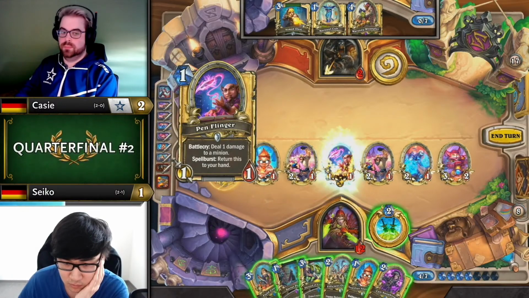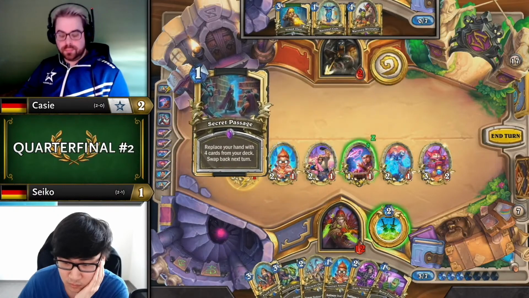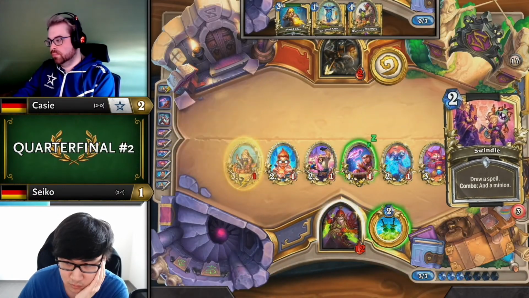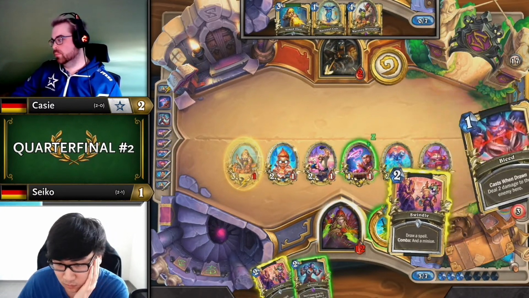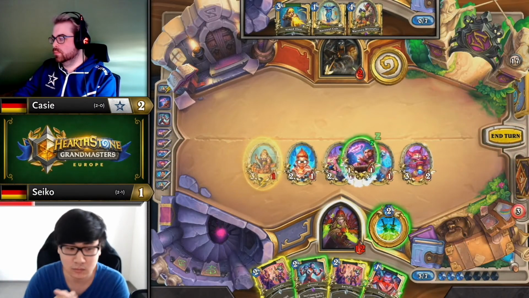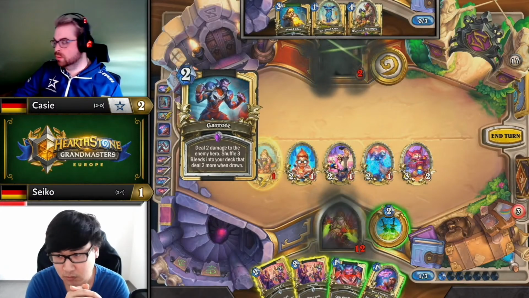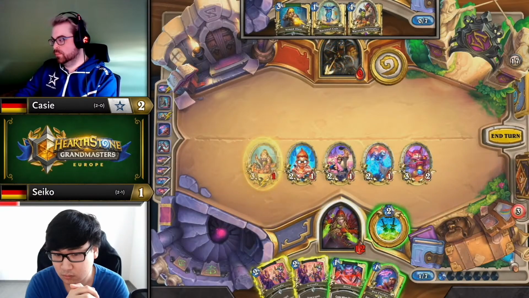So start pen flinging some stuff off your own board. And also just Secret Passage, right? Yep. That's very likely to get him 1 bleed. Swindle is going to hit specifically a spell, and Garrot will do nicely. Yeah. Use the bleed. It wasn't me. Boo. Okay, that's going to be the game for Seiko, evening up the series,